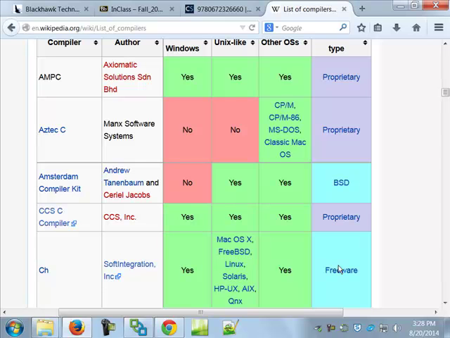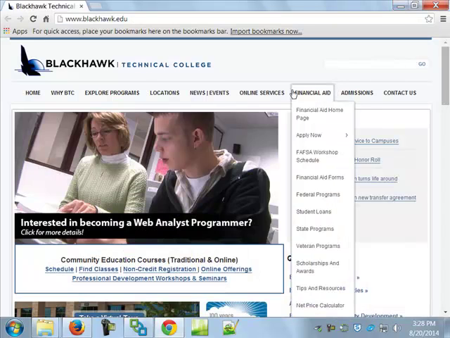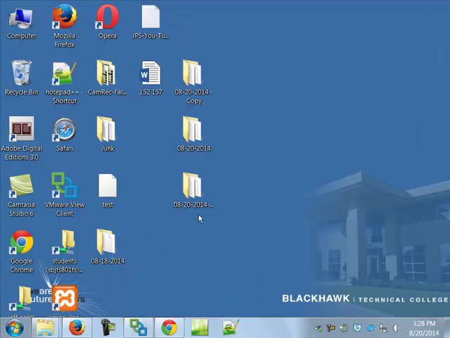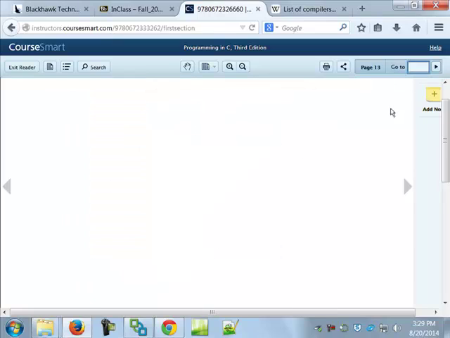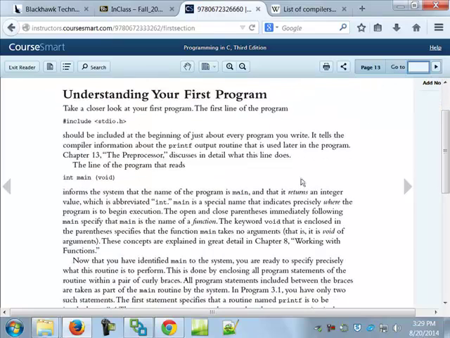All right. Chapter 3 in the book. Look at that. We've already gone through two chapters. You're that good. All right. So chapter 3, which I'm turning up here to page 13, they talk about understanding your first program. Now, I went over this last time, and that's the reason I was showing you code. My hope is that you understand what this means.